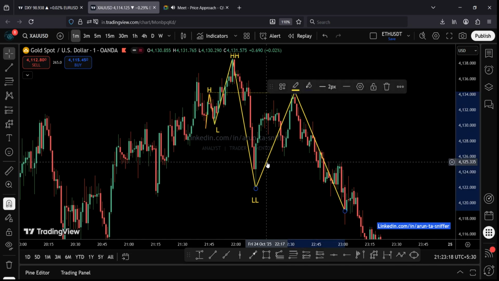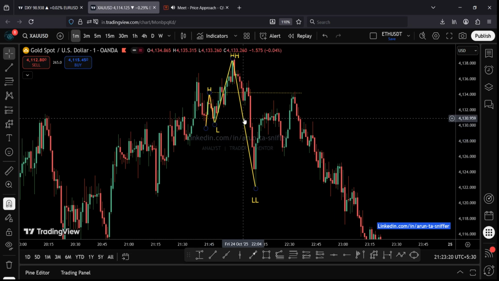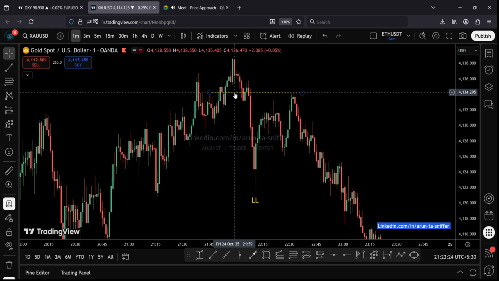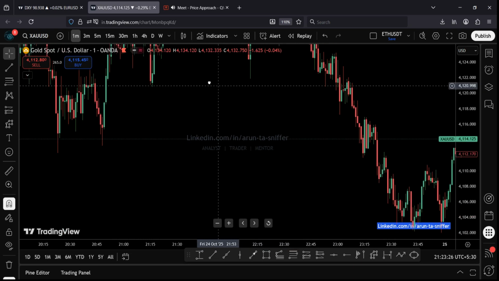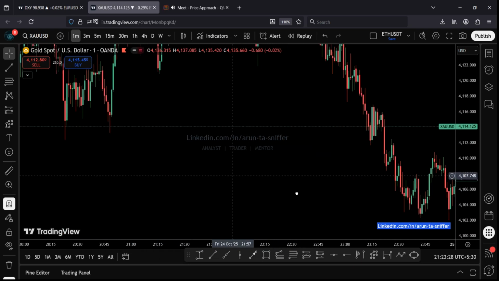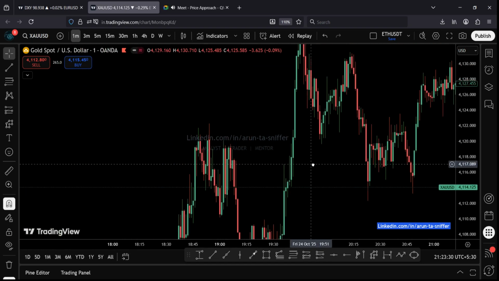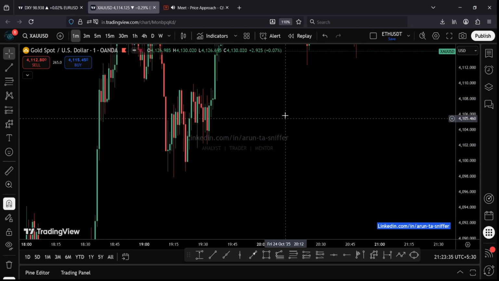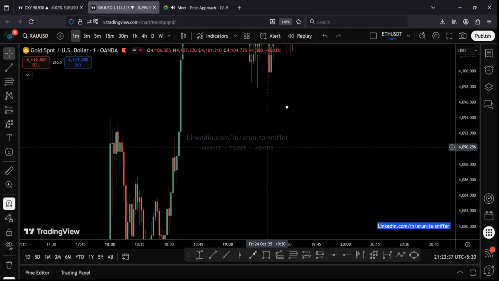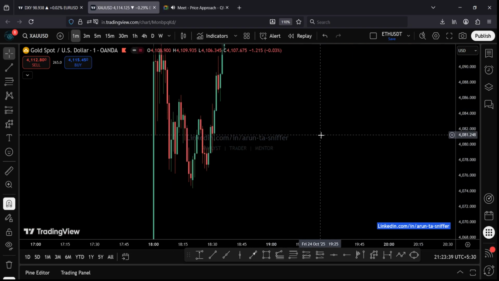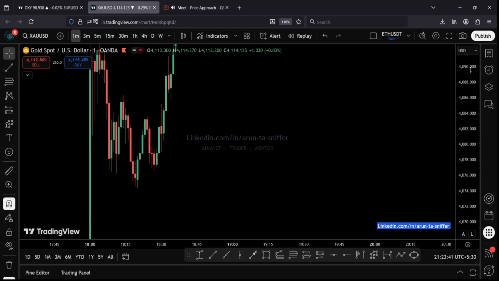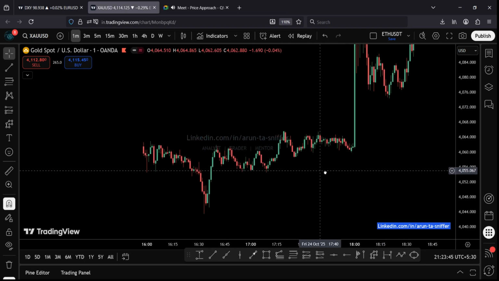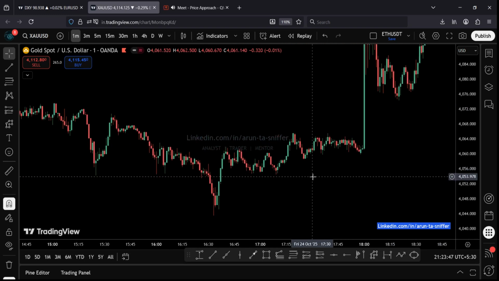Let's delete this. And now we will find a bullish example. This was a bearish example, and bullish example, a clear bullish example. Okay, here